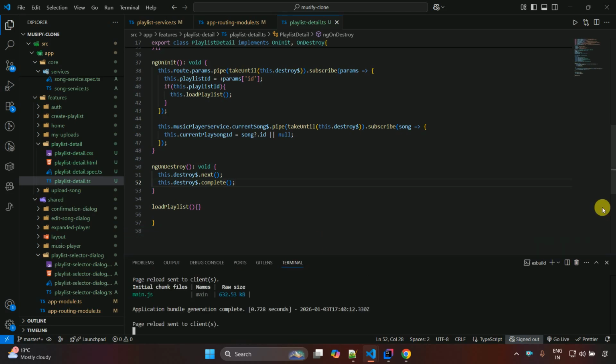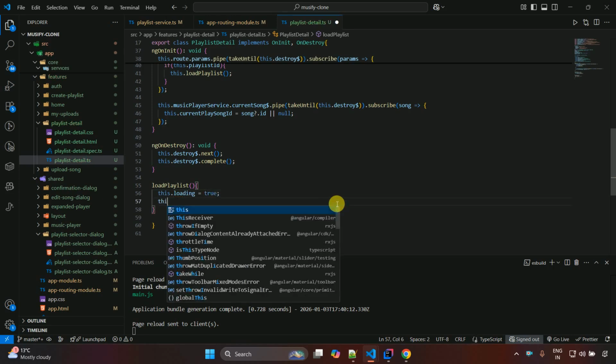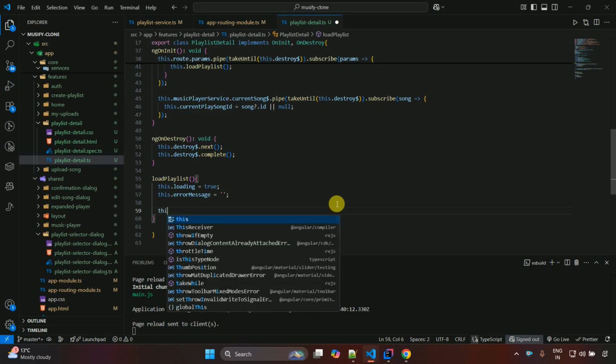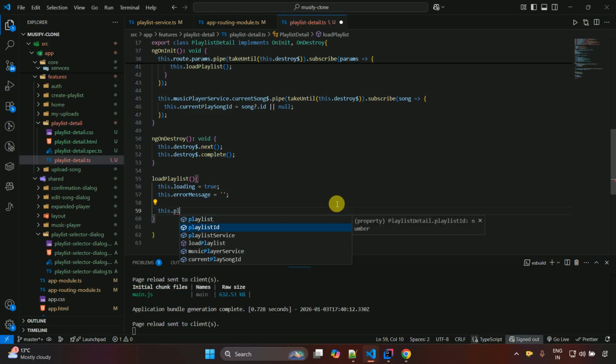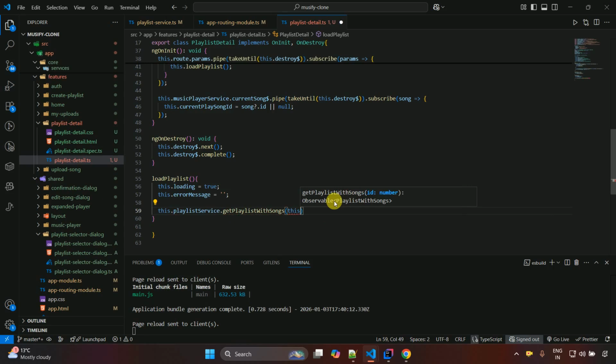Now the next thing we have to write is the logic to load playlist details. So on the basis of playlist id, we have to call a backend API, and that should return the information. So here we have to write this.loading is set to true. First we have to show the loader, and then this.errorMessage, I'm going to set it like this, and then we have to call the API. So this.playlistService.getPlaylistWithSong, and then we have to pass this.playlistId and subscribe,